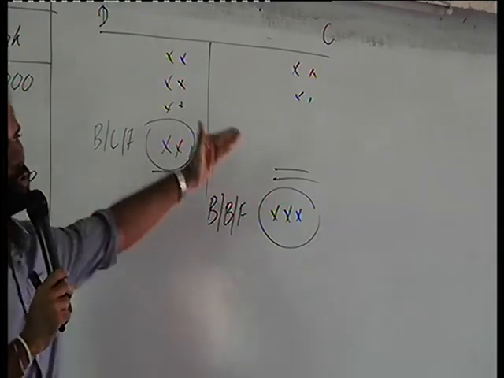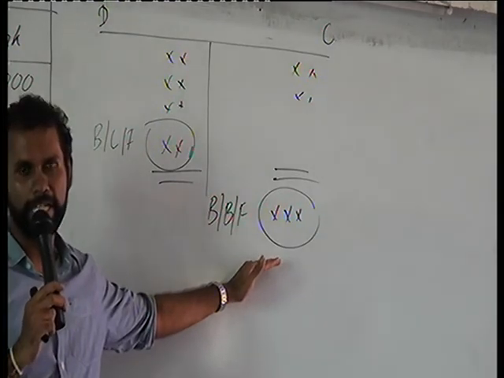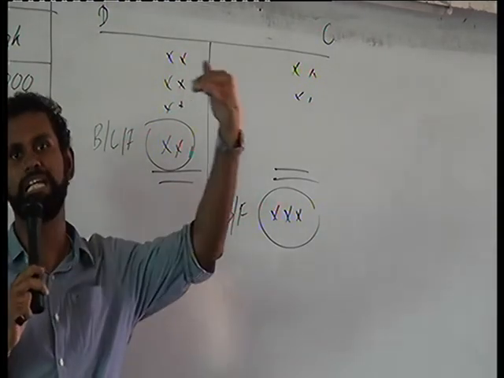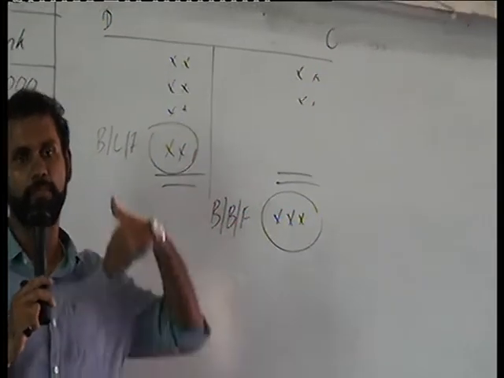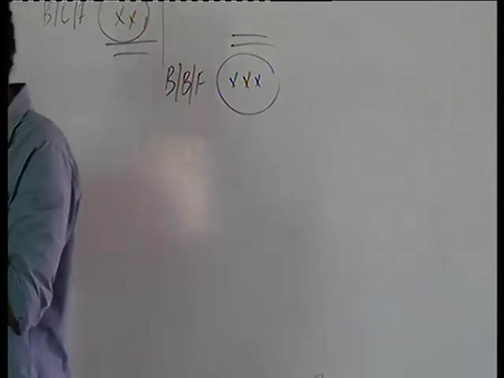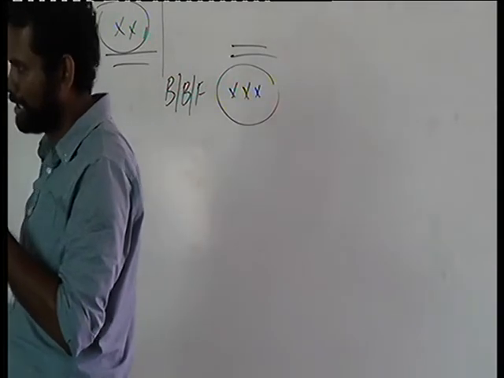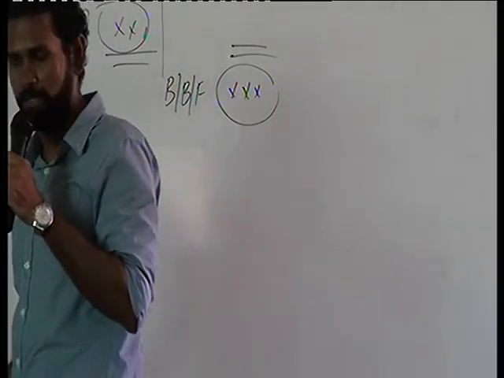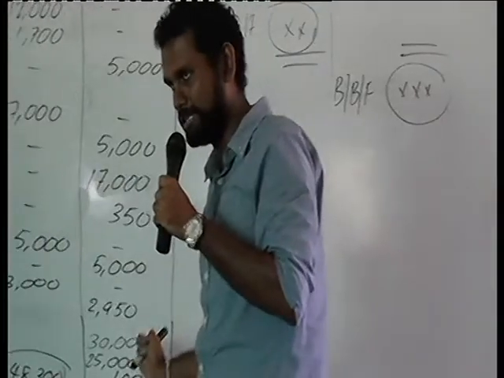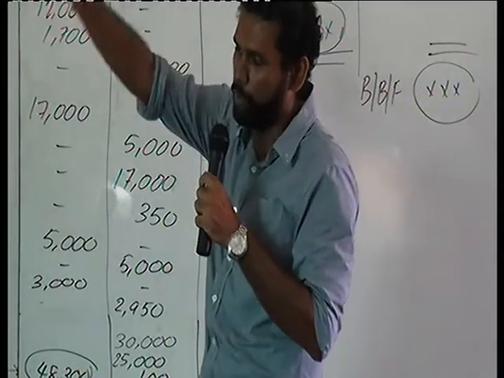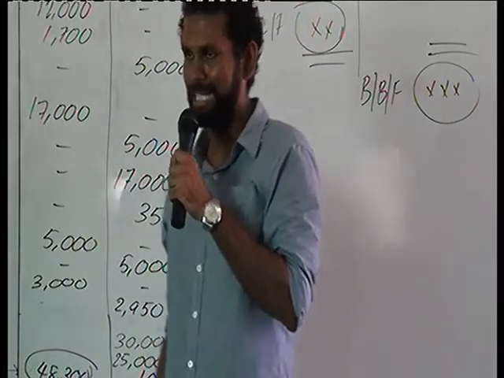So if the higher balance is remaining in the debit side, the balance brought forward to the next month will be on the debit side. If the higher balance is on the credit side, then the balance brought forward to the next month will also be the credit side. Now here if you look at the bank balance, the higher amount was on the credit side. That means the bank balance carried forward to the next month will be on the credit side.